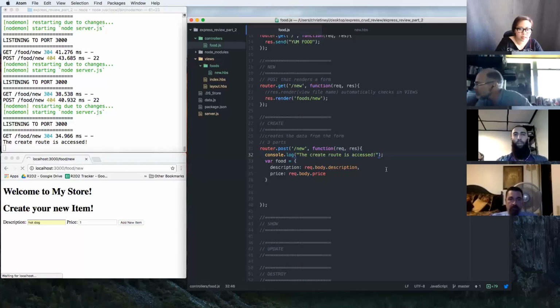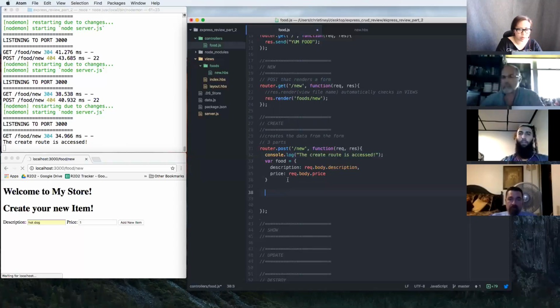Okay, so let's continue this stuff. So I'll leave this console log here. It helps me to know that my route is working at least. And we're able to debug it just by following the error messages. But right now nothing's happening. So let's make something happen with this stuff. And what we're gonna do is actually,